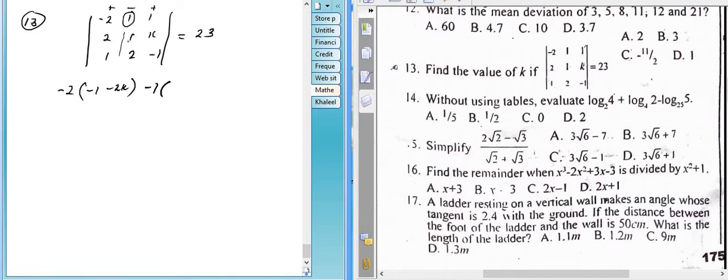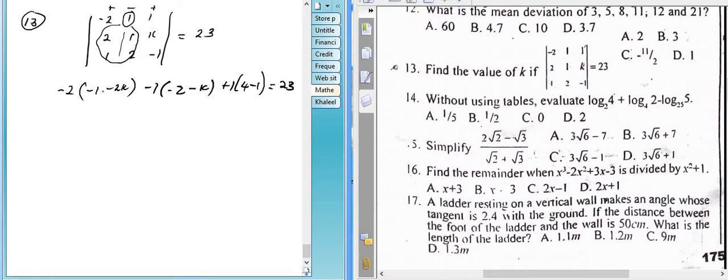So we close all the row and column across it. So we are having this and this and this. So we are having 2, this 2 times minus 1, that's minus 2 also. Then this k times 1, that's minus k. So for the last one it is positive 1, so we close the row and column, thus we take this one. So you can see 2 times 2 is 4, then minus 1 times 1 is 1,